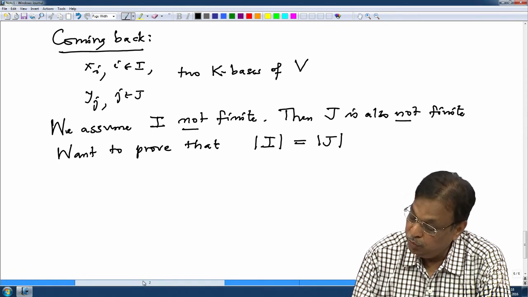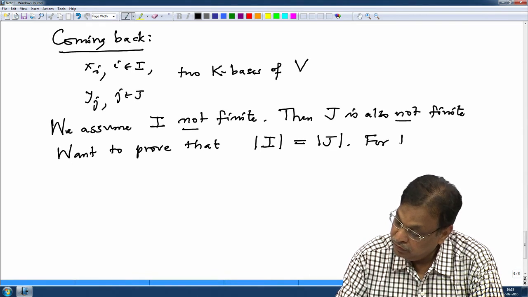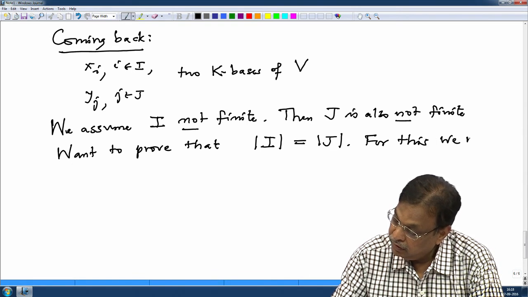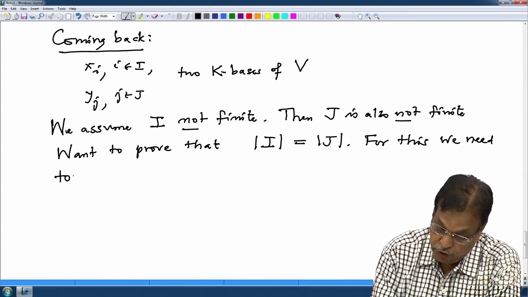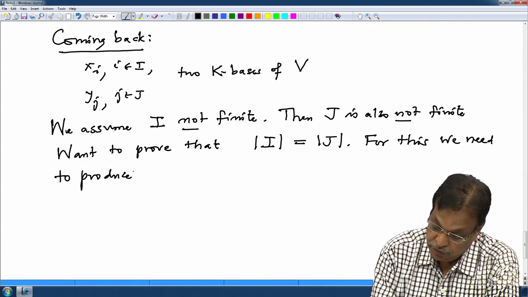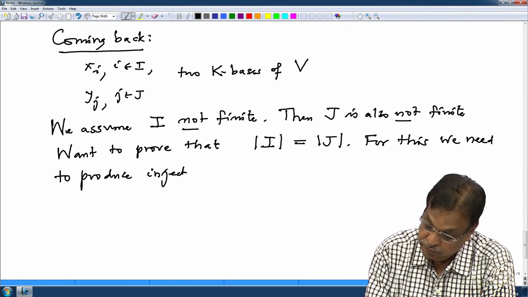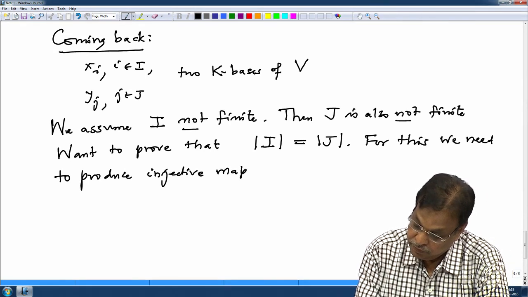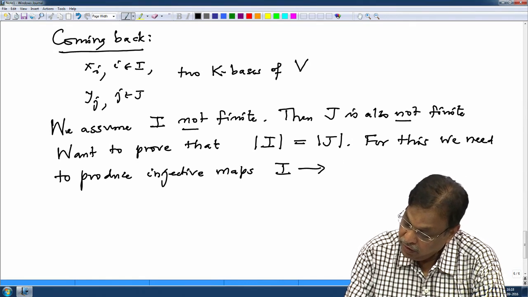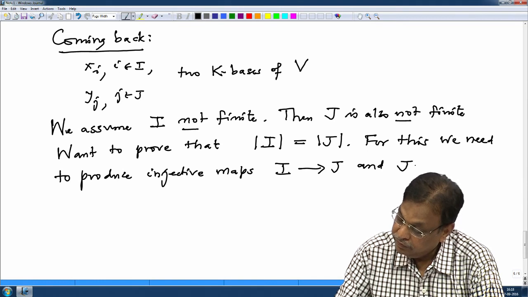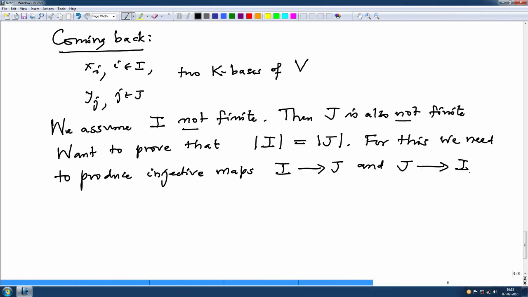But for this, what we need to prove is, we need to produce injective maps from I to J and J to I. Because if there are two injective maps, then there is a bijective map also. So, that means the cardinalities are equal. So, our job is to prove now there is an injective map from I to J and there is an injective map from J to I. For this we need to use